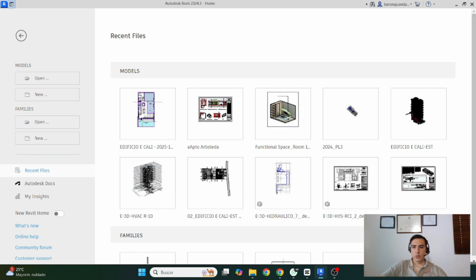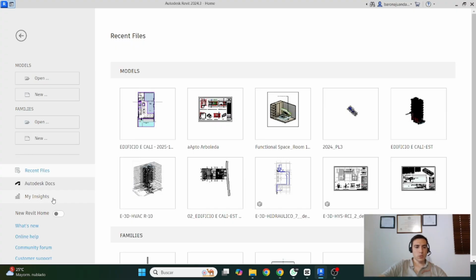First off, what we initially do is watch this window where we start modeling or opening existing projects or new projects. First thing we have to see is the models panel where we have the option to open an existing model or create a new Revit model. Then we have the panel of families where we open existing families or new families. Then if we have Autodesk Docs or Construction Cloud license, we can open the projects from this tab